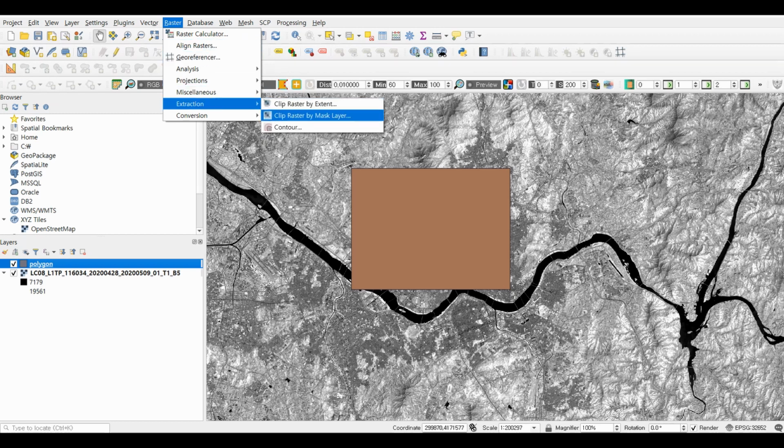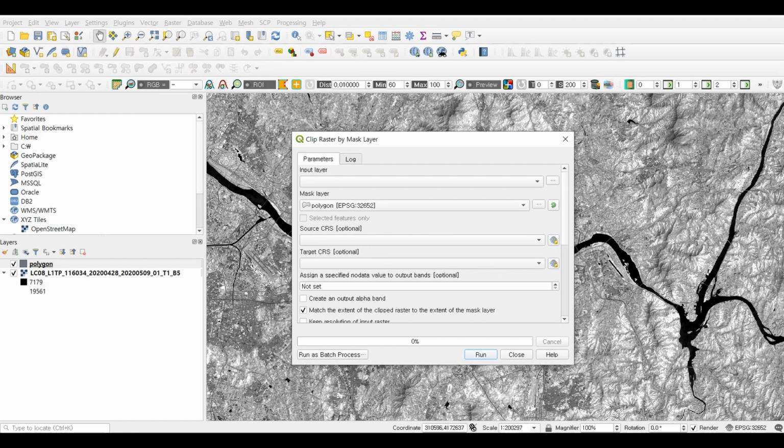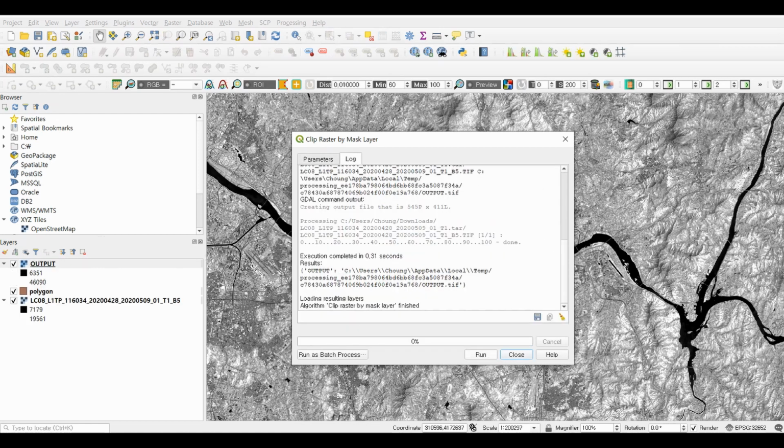Next, click the Clip Raster by Mask Layer button. And set the input layer and the mask layer. The input layer is also the imported satellite image. And click the Run button. And close.